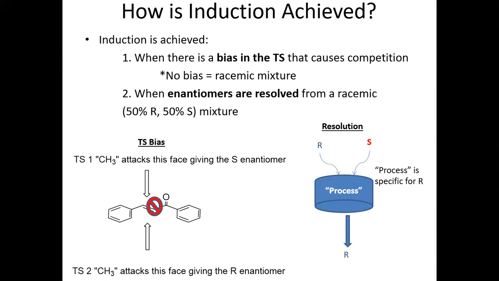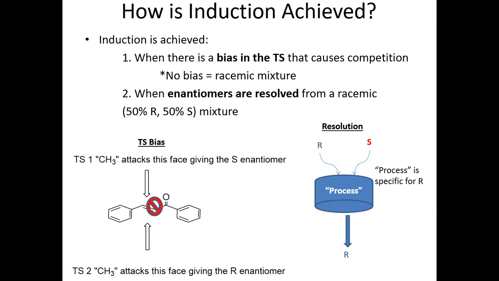So you can also do this by resolution, right? You take both enantiomers, you put them through a process, and if the process is specific for one over the other, then you can resolve that mixture and enrich it in one enantiomer, and then the other enantiomer ends up getting tossed. That's the drawback of doing resolution, is that you end up losing one of your enantiomers or one of your compounds, which may seem trivial, but if you build up a huge